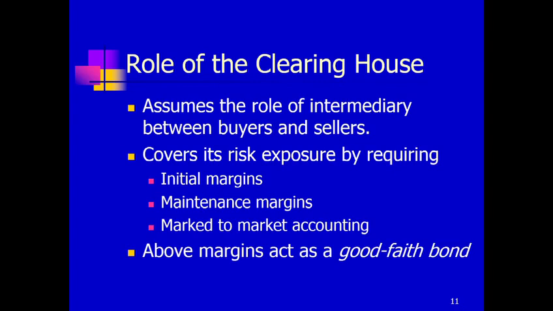The way it does that is to require any position that you take with a futures contract, whether it's long or short, to post an initial margin. You have to post an initial amount of deposit. Now, in the margin account held by the clearinghouse, you must have an amount of money that is equal to or above what's referred to as the maintenance margin. This is therefore a buffer zone between the initial margin and the maintenance margin. The initial margin is always higher than the maintenance margin. The difference between the two is your buffer. As long as you're within that buffer, you do not receive a margin call.